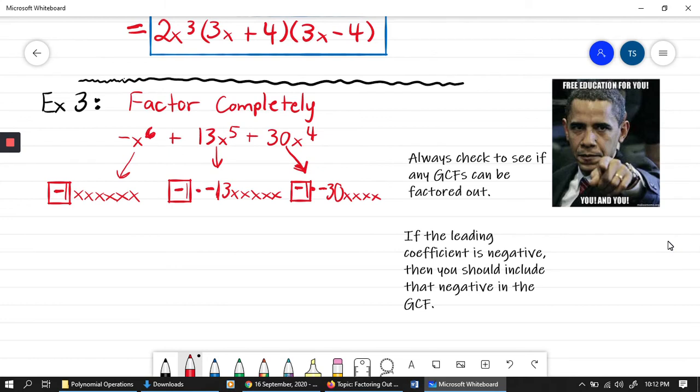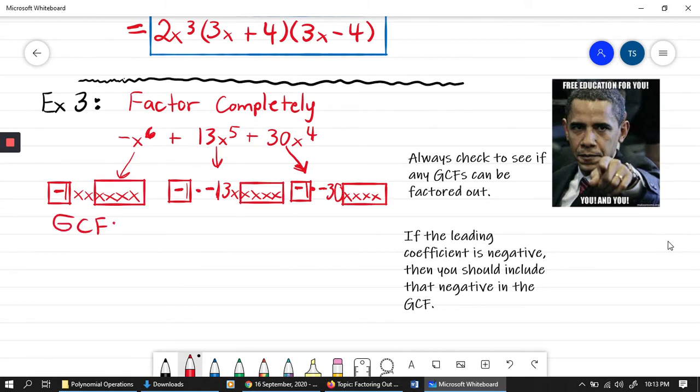Okay? So that takes care of the number, right? So we're factoring out the number -1 as part of the GCF. Now, with the variables, each one of those 3 terms has at least 4 x's in common